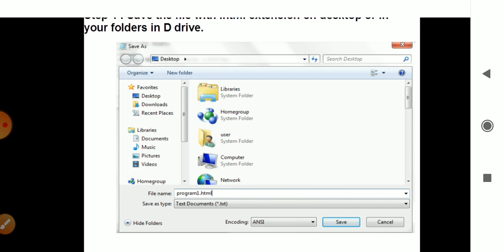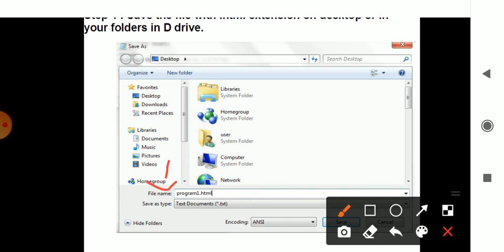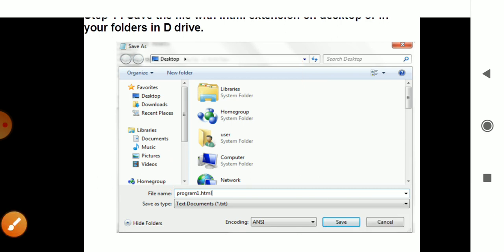For the D drive, you go to the D drive option present down here, create a folder of your own. You all know, right click and create a new folder. Then after creating the new folder, you can save your file in that folder, or you can save it on the desktop. I have saved it on the desktop.